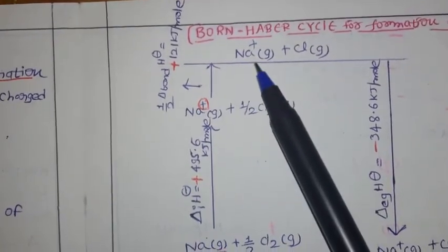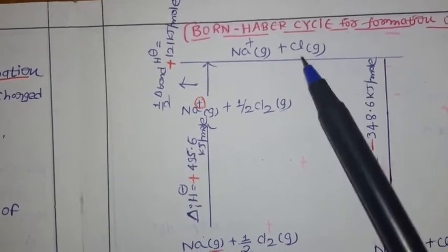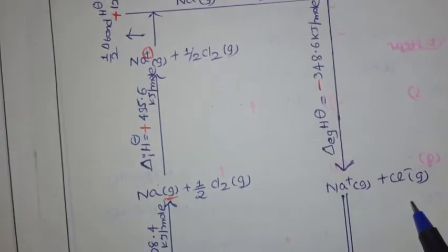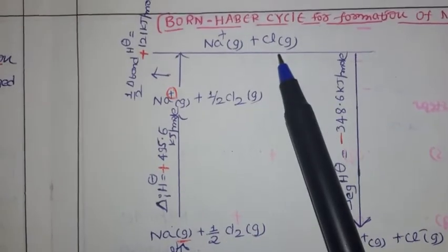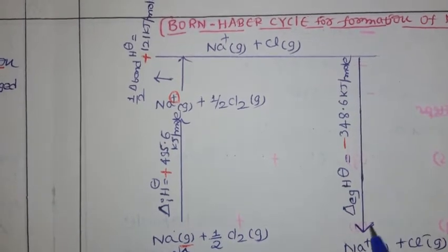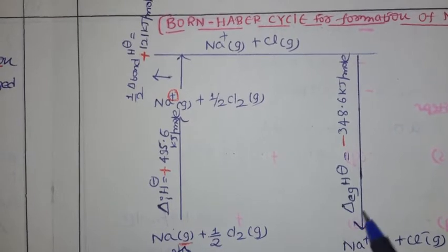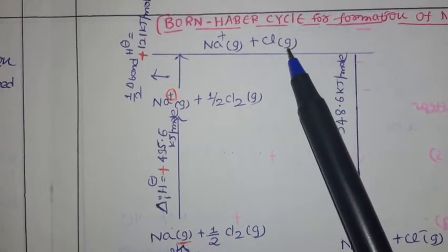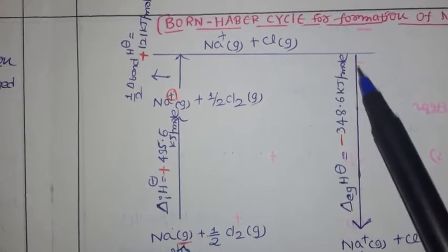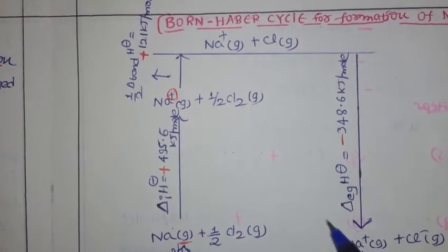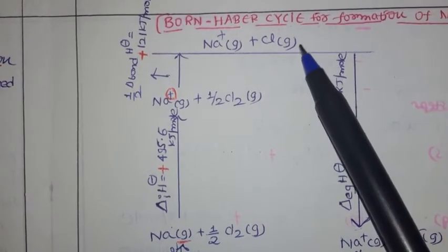Next, now Na plus gas and Cl gas in the form of atom are available. But what do we need here? We need the chloride ion, Cl minus gas in the form of ion. So now what will I do for this chlorine? I am going to add one electron. As you know very well, electron gain enthalpy means the addition of an electron to the gaseous neutral atom. During this process, the enthalpy change is called delta H. So already you know very well, what is electron gain enthalpy?